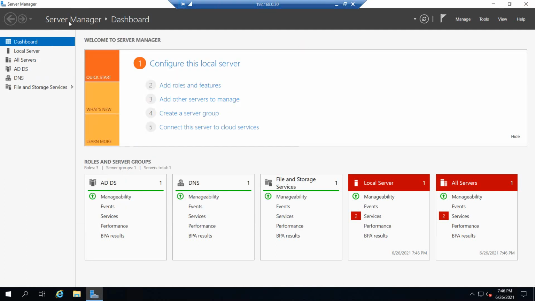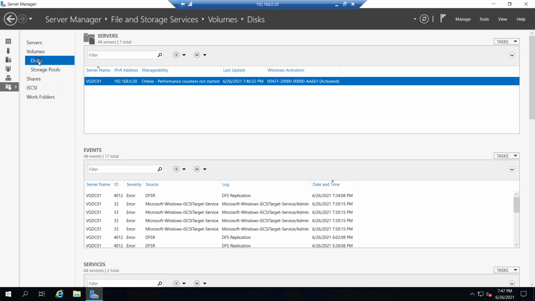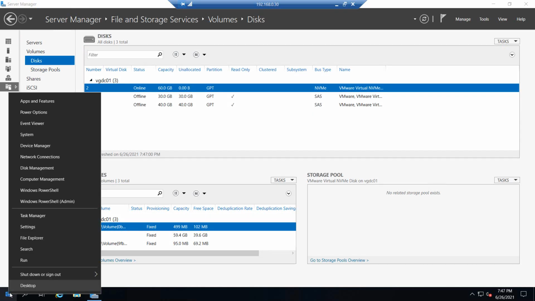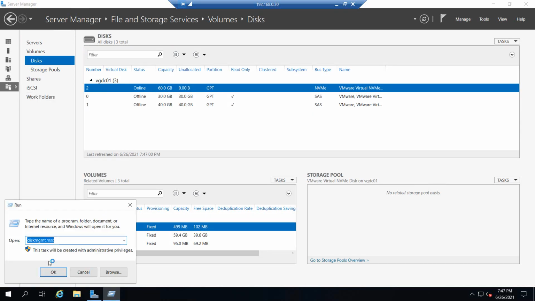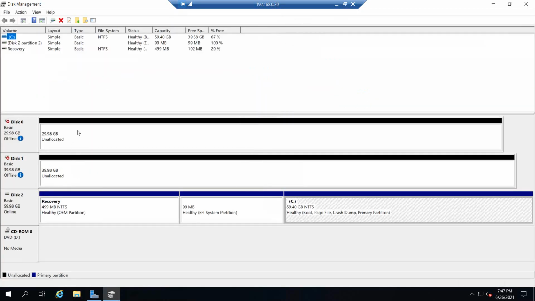Once this is done, when you open Server Manager, you will be able to see the File and Storage Services, where you can see the disks. Before this I already added two disks, but we need only one. One is 30 GB and one is 40 GB.